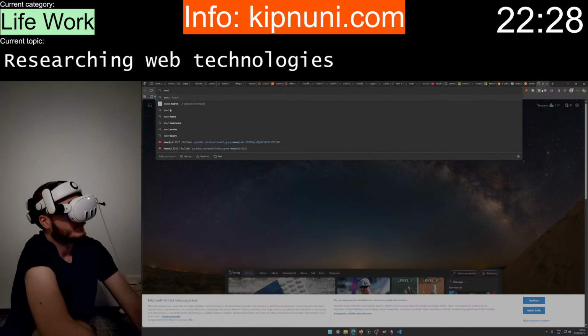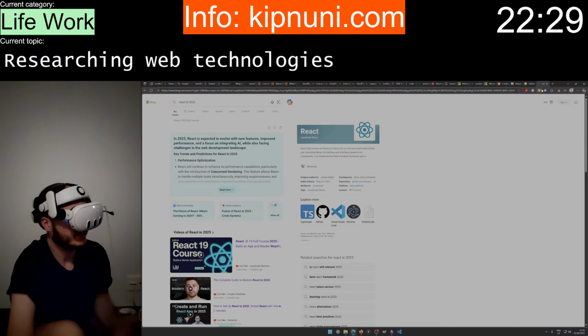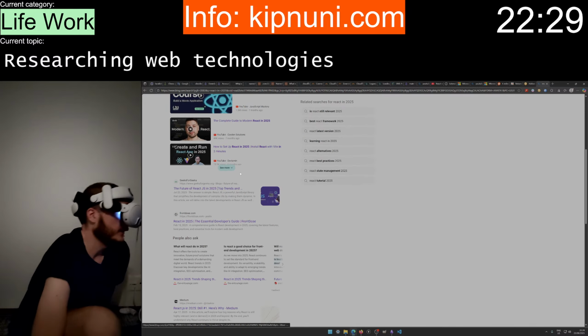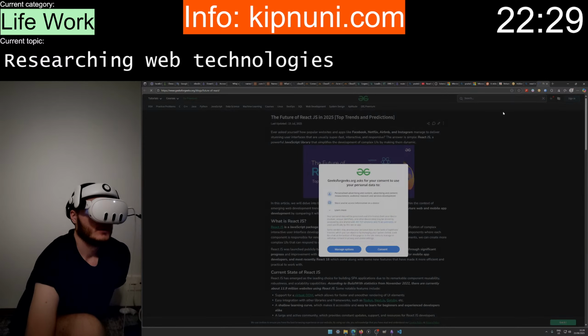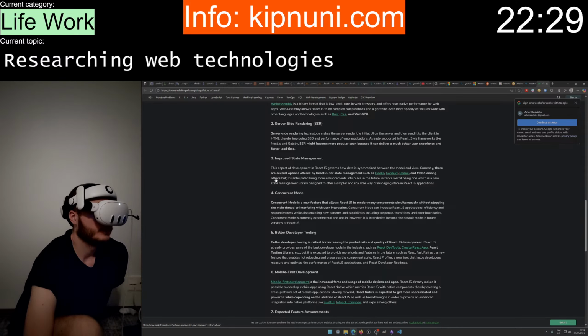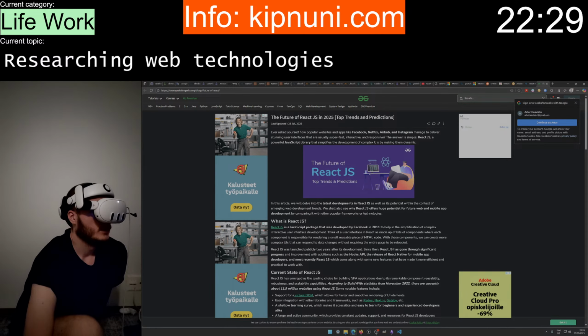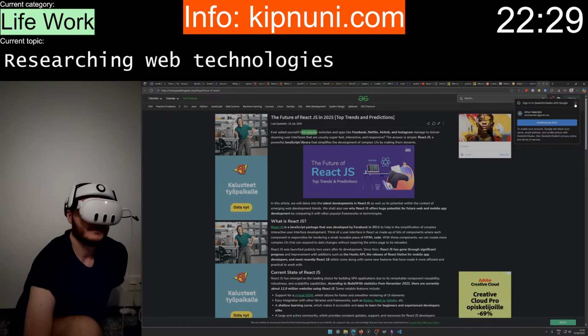React. So let's read some article about this. Yeah, sure. Ever asked yourself how popular? Should I use ad blocker or no? No need.